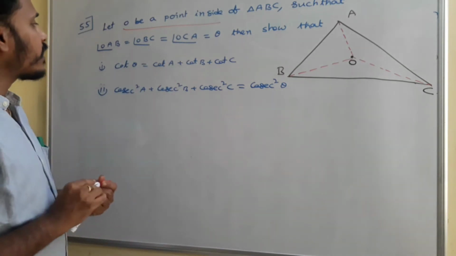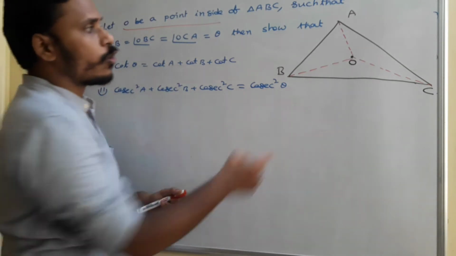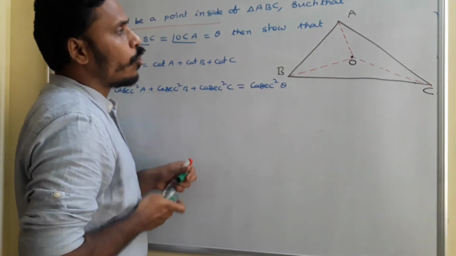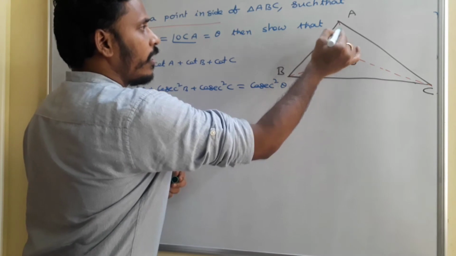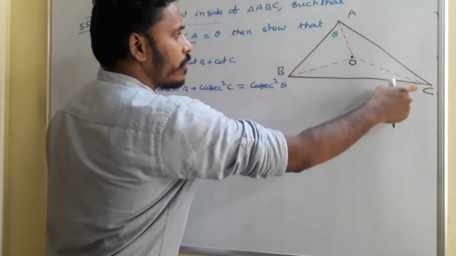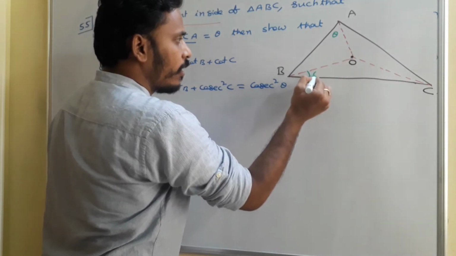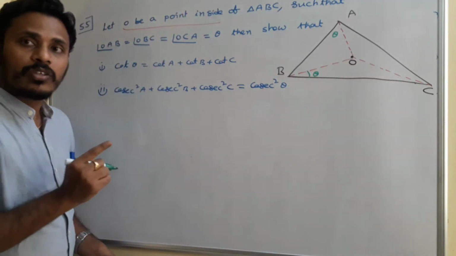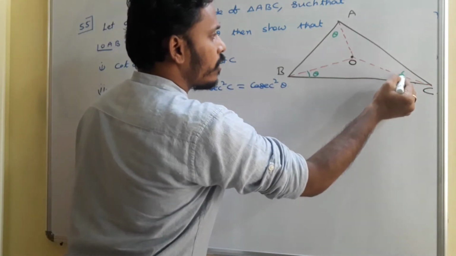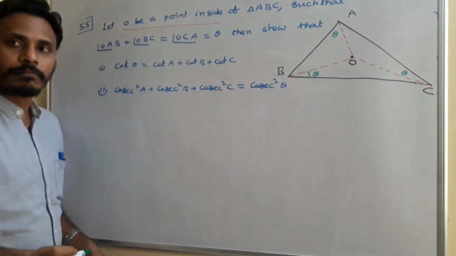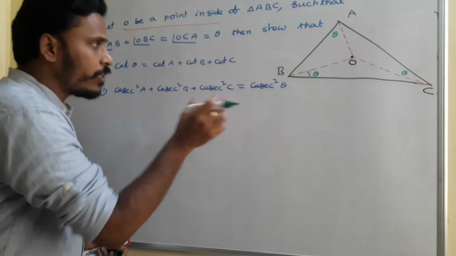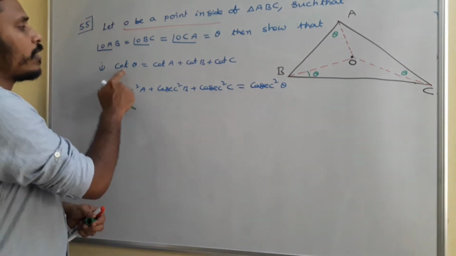Alright. And then as they mentioned, OAB, you just look there, OAB. This angle is given as theta, so you just take it as theta. And then OBC, this is O, this is B, this is C. This angle is given as theta. OCA, this is O, this is C, that is A. So this is also given as theta. Right? So this is the diagram, and from this diagram we need to show that cot theta is equal to